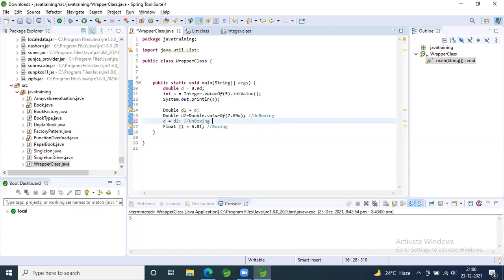No. The actual unboxing is happening in line number 16. So Double.valueOf is returning you a Double class value, D2. And in line number 16, I'm doing the unboxing activity. From my object D2, I'm assigning to the primitive type D. And that is where the unboxing is happening. So you can remove that comment, Janaki, in line number 15. Actual unboxing is happening in line number 16. You're just fetching the value of the Double class in line number 15 and doing the unboxing activity in line number 16. Okay, Sneha. Okay. So this is the way we can wrap up your classes, and that is the purpose.